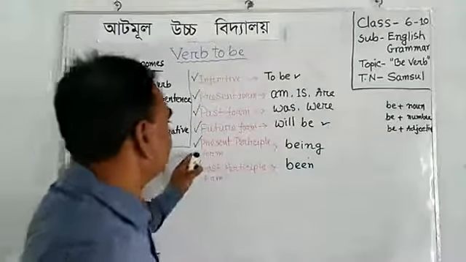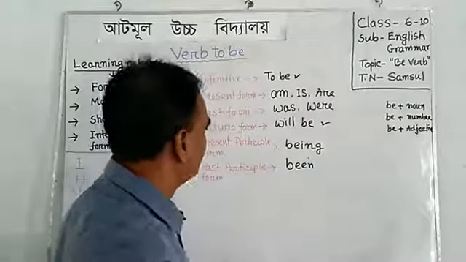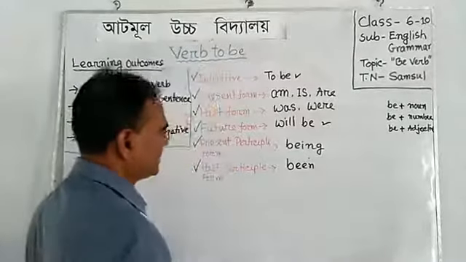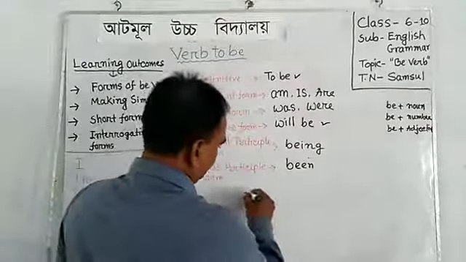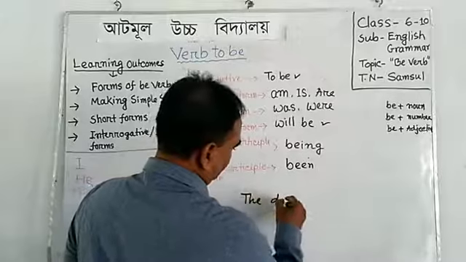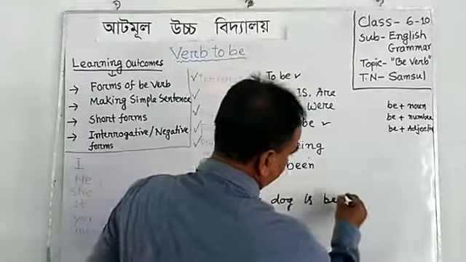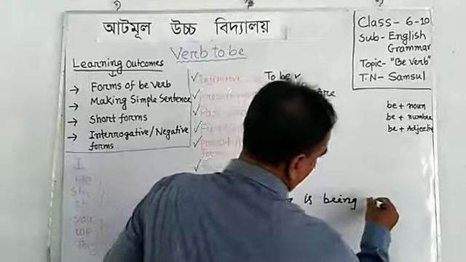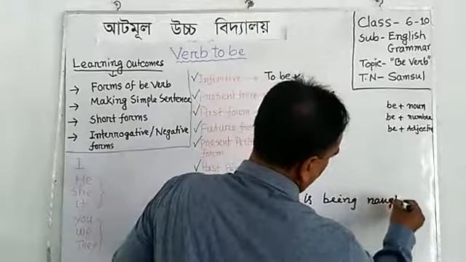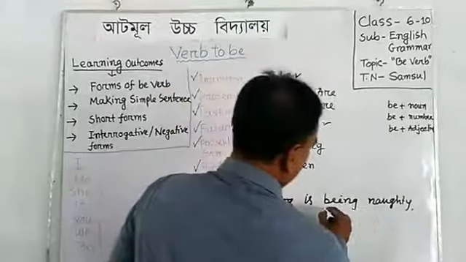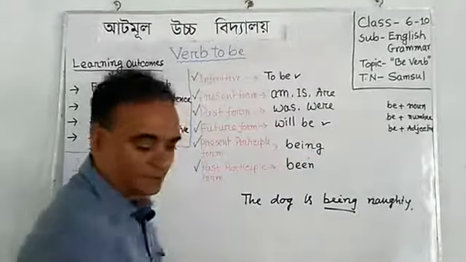And the next form is present participle form, and present participle form is being. The dog is being naughty. So being is the present participle form of be verb,